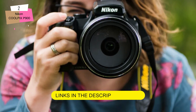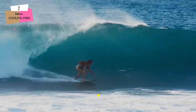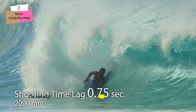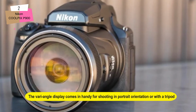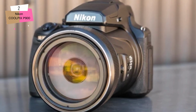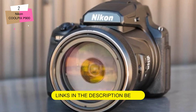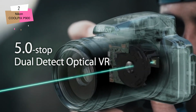Speaking of the avian wildlife, Nikon P900 has the birdwatching mode with a quick selection between single and continuous up to 7 FPS shooting. The vari-angle display comes in handy for shooting in portrait orientation or with a tripod, allowing you to adjust the screen in all dimensions for the best view and camera positioning. All in your hands. The optical image stabilization in Nikon Coolpix P900 is also useful for shooting videos and taking